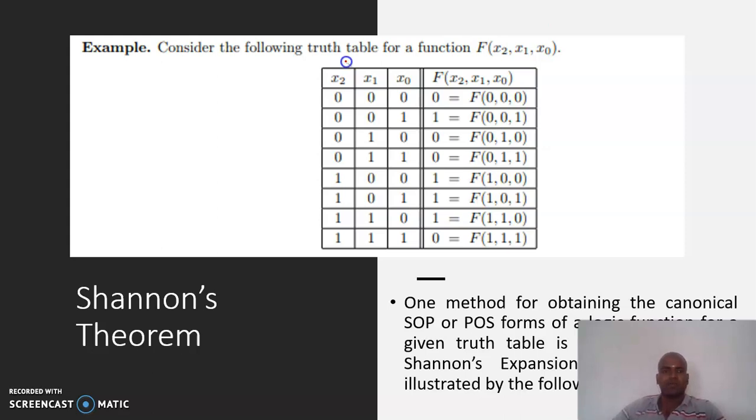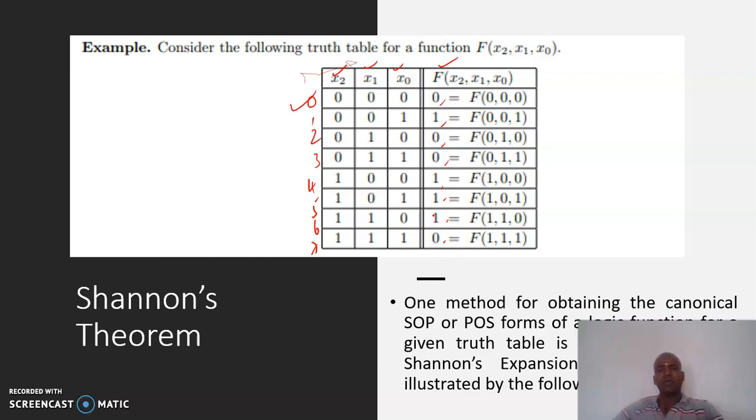So have a look at this. One truth table is given. This truth table has 3 inputs, x2, x1, x0, and 1 output. So 3 inputs, 8 possible combinations. The combinations go from 0, 1, 2, 3, 4, 5, 6, 7. For these combinations of input, the outputs have the value 1 in certain places and zeros in certain places. For the first combination the output is 0, the second is 1, then 0, 0, then 1, 1, 1 and again 0.